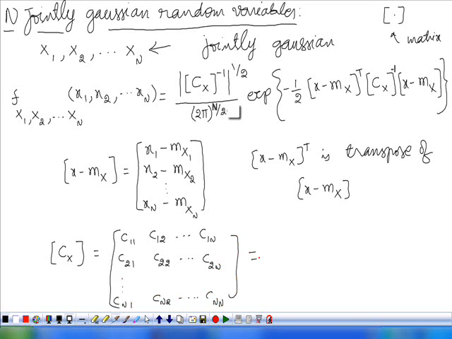So this is called the covariance matrix. Here x minus mx and Cx are both matrices. X minus mx is a column matrix that is represented by this, and Cx is called a covariance matrix,